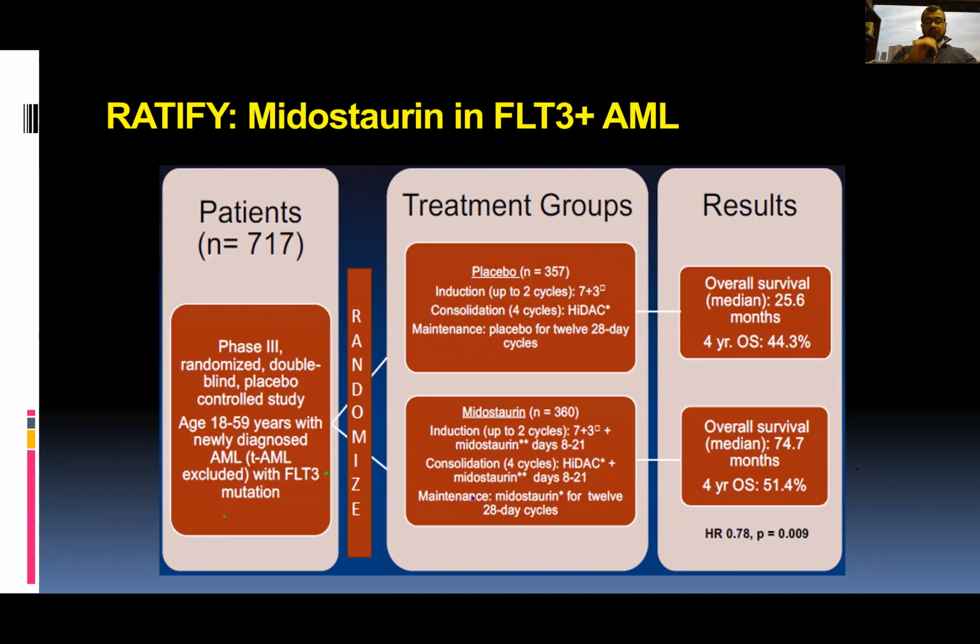They were either given placebo plus 7+3 or midostaurin plus 7+3. And look at that. Overall, the median overall survival was 25.6 months in the placebo arm compared to 74.7 months in the